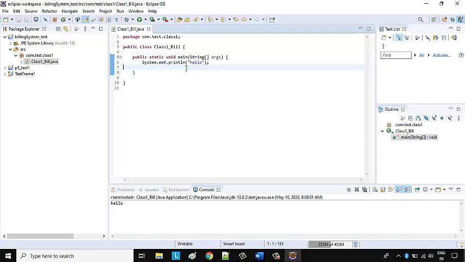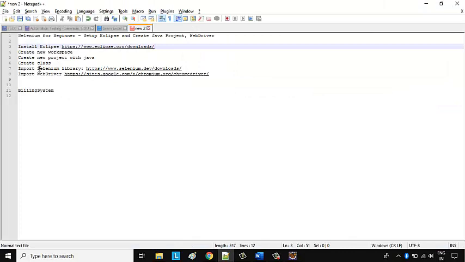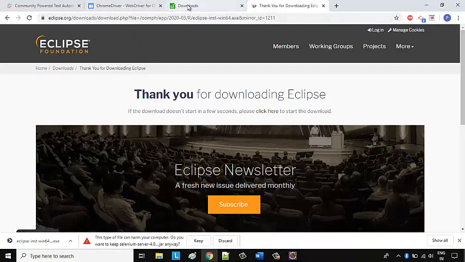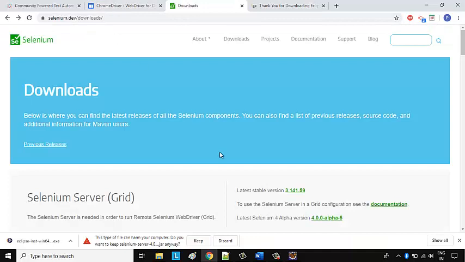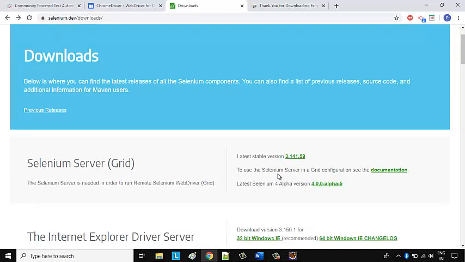Okay, so this is the normal project that we've created, and now we have to top it up, or we can say build it, for Selenium testing. What is the basic thing required for Selenium? The first thing we require is the Selenium libraries. Okay, so from where can we download the libraries? You can go to selenium.dev download option, the link is already provided. What you have to do is just download the option based on the need.